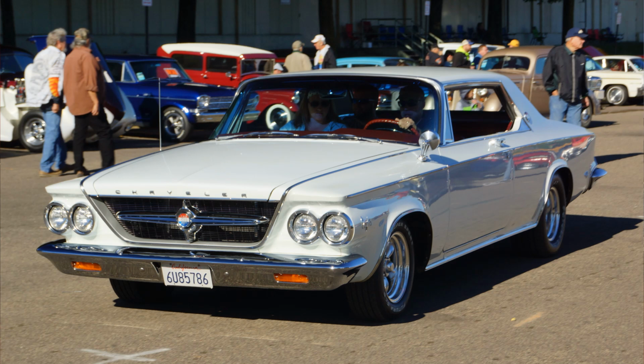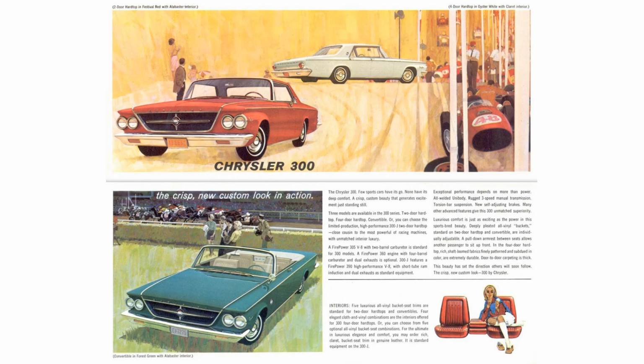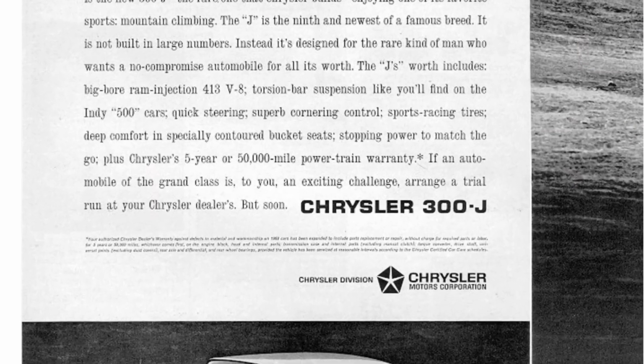For the 1963 model year, Chrysler skipped the letter I and went straight to the 300J, combined with a radical redesign of the car and moving the model to the C platform. This was the last 300 styled by Virgil Exner, and it featured a cleaner look with wide C-pillars. Inside, the rear bucket seats disappeared, the Astrodome instrument cluster was eliminated, and shocking the industry, Chrysler offered a 5-year,